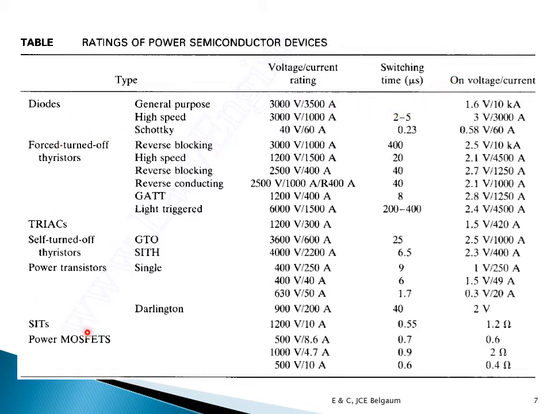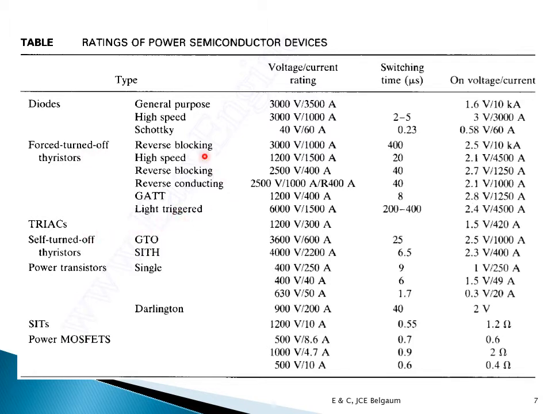Note that all these devices we are using as a switch. So how fast it turns on and how fast it turns off is a very important criterion for us. And this is the on-state voltage drop that is going to happen. Ideally, I would prefer to have a large voltage and large current, as small a switching time as possible so it turns on and off very quickly, and the voltage drop across the device should be as small as possible. This is the ideal requirement, and based on the values here, I can define it as general purpose, high speed, or a Schottky. Similarly the same thing with power transistors.